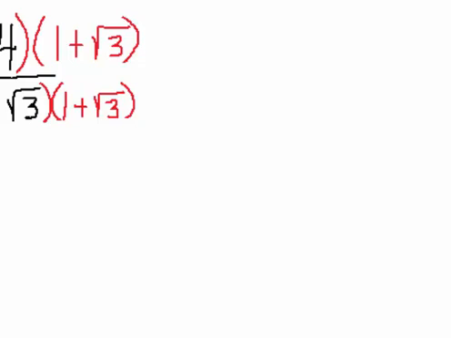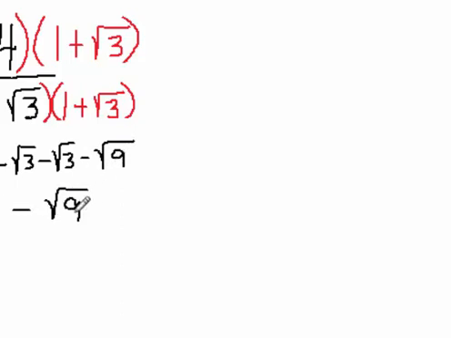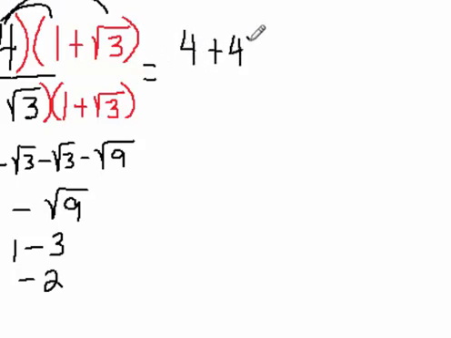So on the bottom we're going to FOIL. If we FOIL, we end up with 1 plus square root of 3 minus square root of 3 minus the square root of 9, and that's 1 minus the square root of 9, and 1 minus 3, which is negative 2. And in the numerator we would distribute the 4 and end up with 4 plus 4 square root of